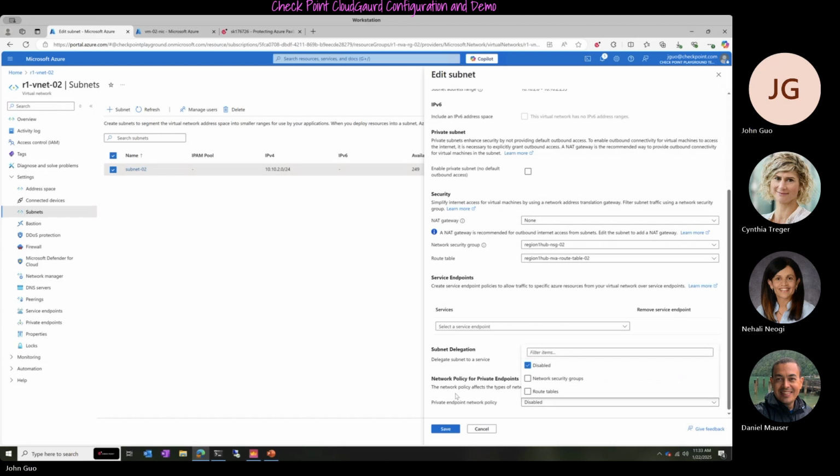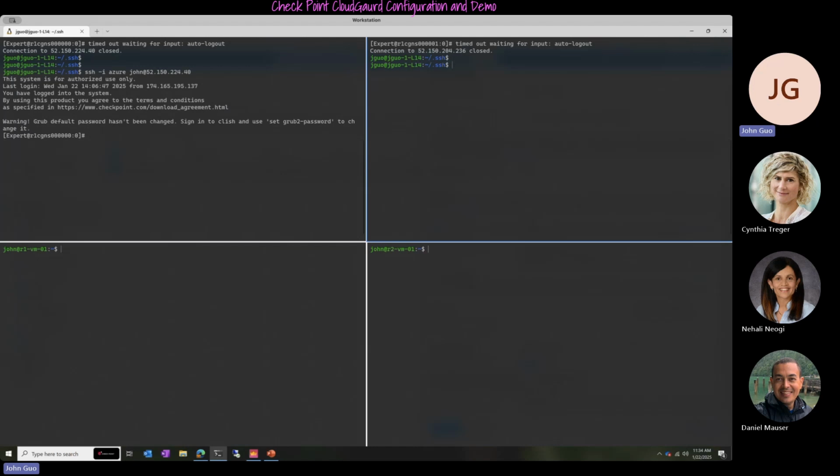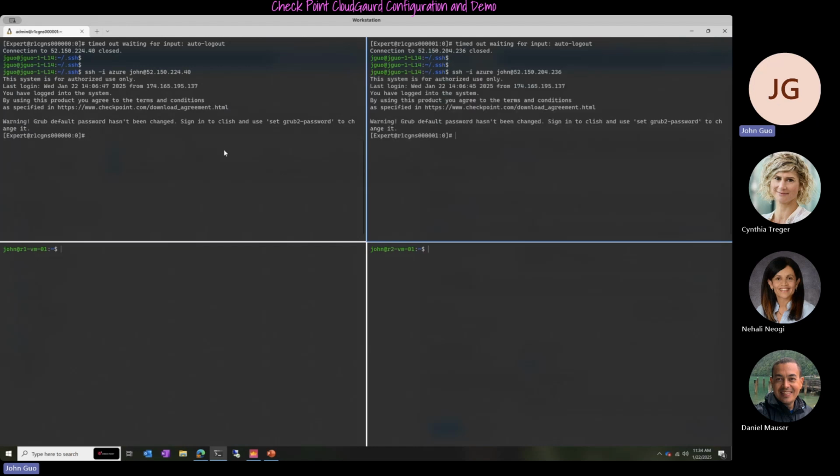What this means is that traffic will go direct from my branch office to the private endpoint without the checkpoint or the NSG doing any inspection. I'm going to show you what that looks like on the wire. Okay, so here is my first. On the top two